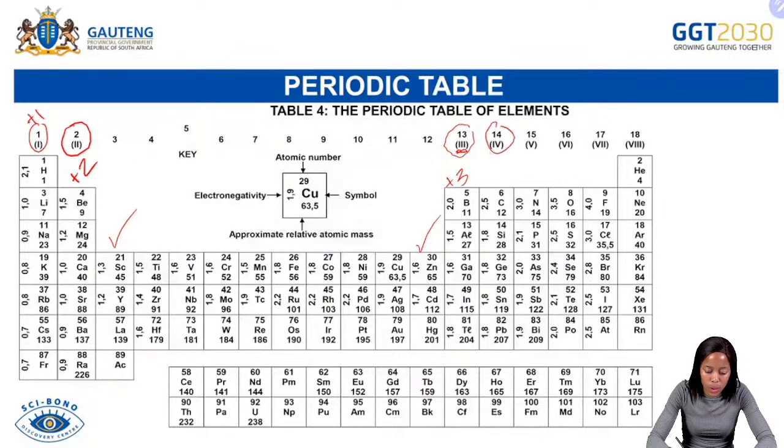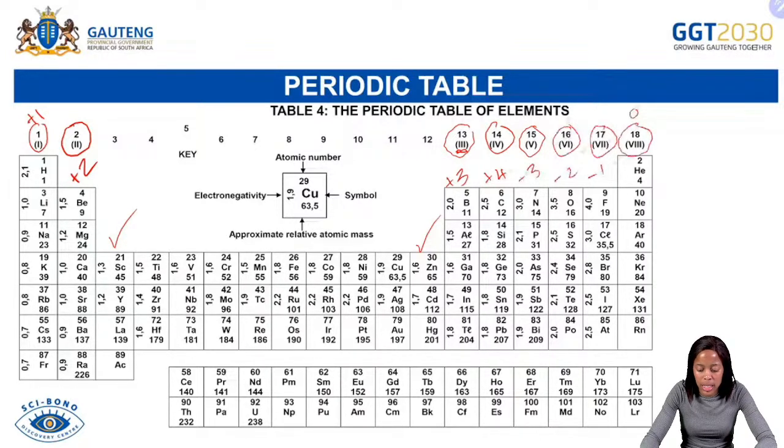Then group number 4 has a charge of +4. Group number 15 or group number 5 has a charge of -3. Group number 16 or group number 6 has a charge of -2. Then group number 17 or group number 7 has a charge of -1. Then group number 18 or group number 8 will therefore have a charge of 0. So you need to make sure that when you use the periodic table,